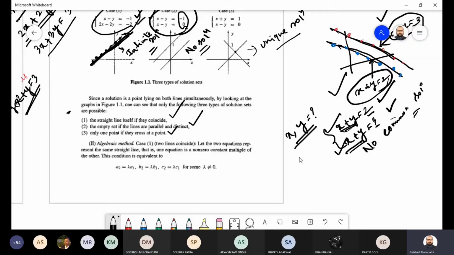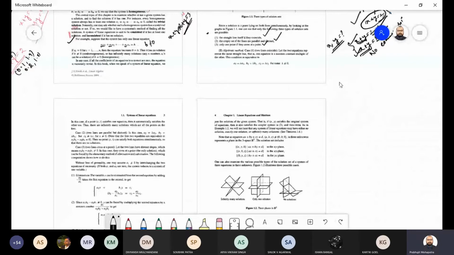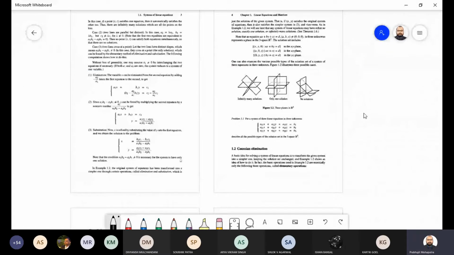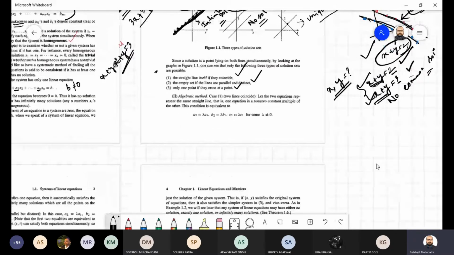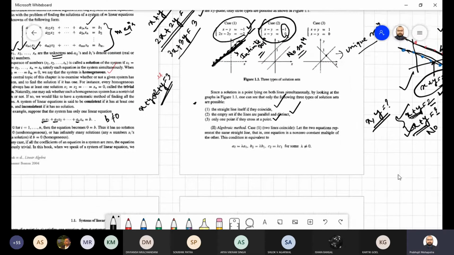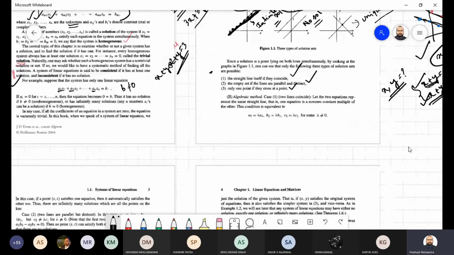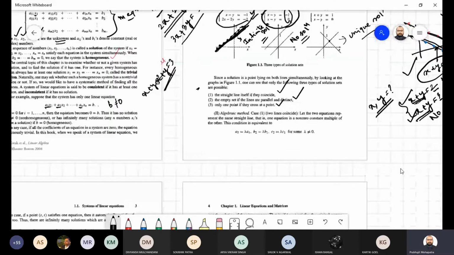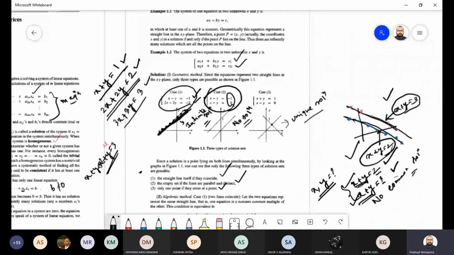Okay, so algebraic way also you can write it. These things are not required, you can go through these things. They are just writing it mathematically. How will case one, where one is coinciding or both are coinciding, be written? See, if you have, okay, you tell me the case one. Let me erase everything.